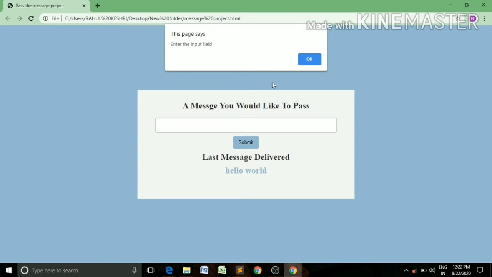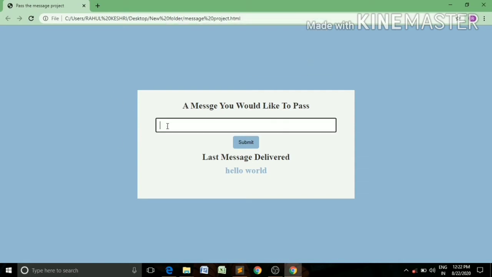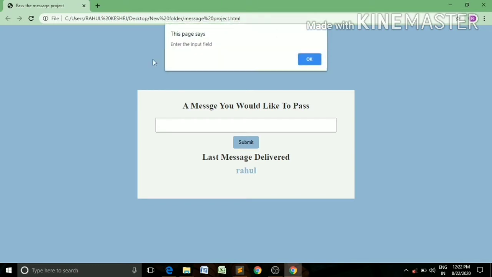For example, if I type my name here and click the submit button, then the value of this input field should appear at this place. This is our task, and an alert pop-up message should appear when the user does not fill the input field area and clicks on the submit button.